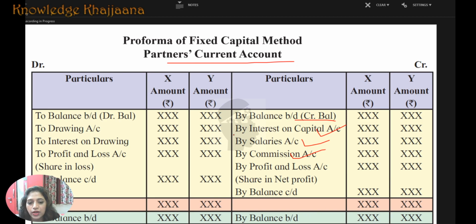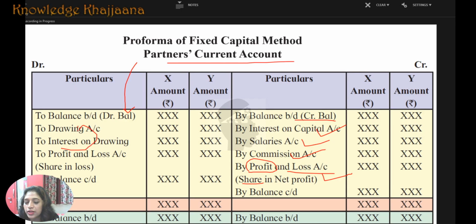If they have earned a profit, then the profit is shared and distributed from the profit and loss account. That is also given, so all the things are given. We'll talk about this later on. Now, if they incurred a loss last year, then this would be the balance brought down. Either this should be here or this should be there. Then drawings: partners have drawn something from the business, either in terms of cash or goods. And on the drawings we have to charge interest also.